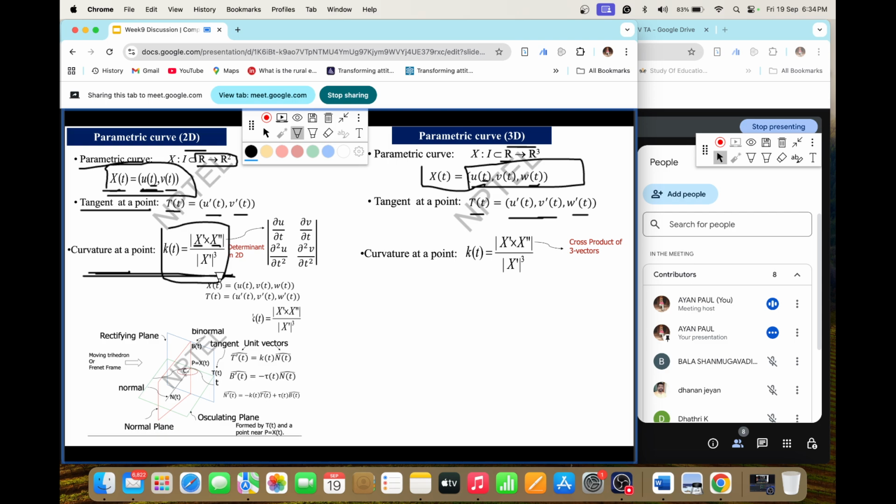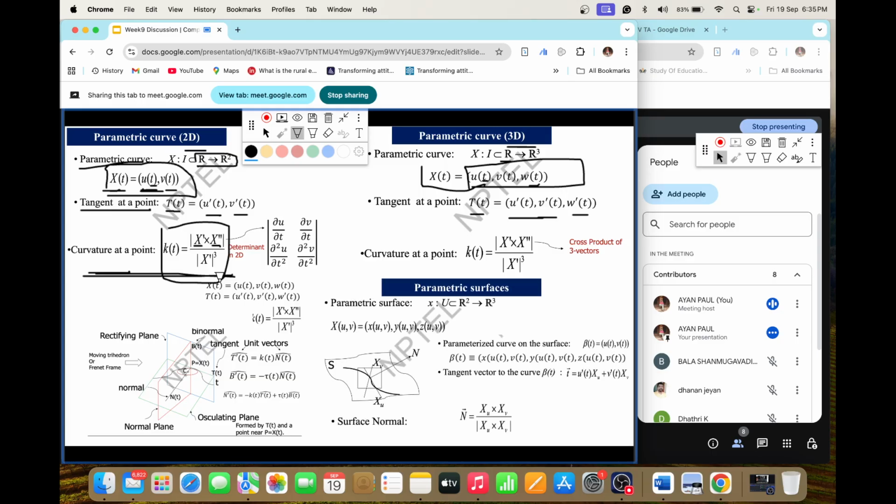Then we have this thing: there are different planes associated with different things. One is the tangent that we have already discussed. There is another thing, that is the normal. Normal is nothing but the normal to the tangent. So one is tangent, there is normal, and the second is binormal, which is given by B. The tangent is T, the normal we write as N. These are the three things: T, B, and N.